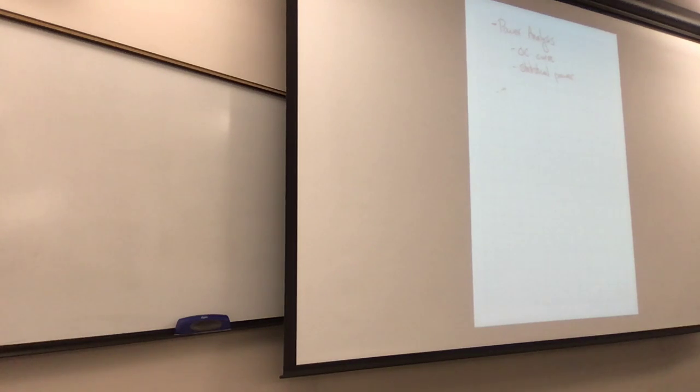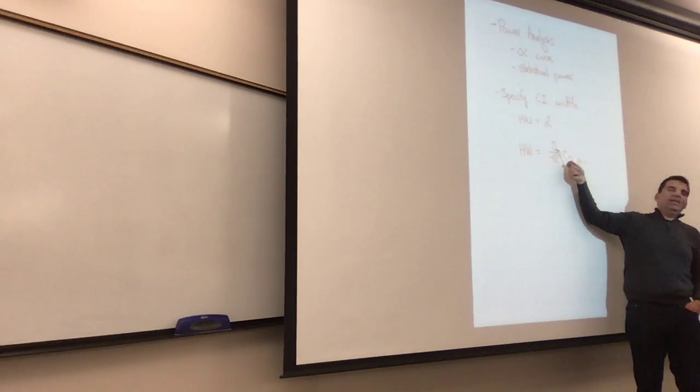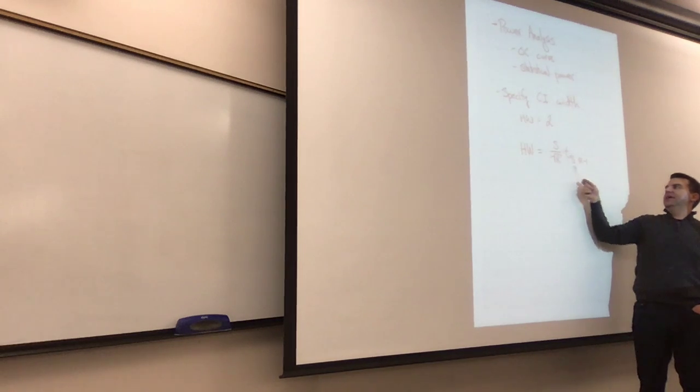So you might specify a confidence interval half-width of 2 or something like that. We just have to remember what the half-width formula is. The half-width is the sample standard deviation over the square root of the number of samples, times t alpha over 2 with the number of samples minus 1 degrees of freedom. If we knew the sample standard deviation and the number of replications, we could look this up in a table